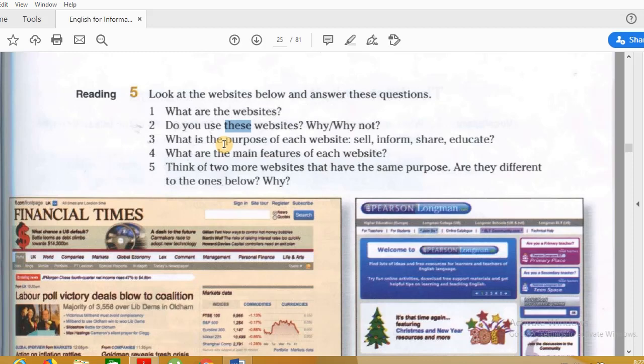Sell, inform, share, educate. إيش الهدف من الويب سايتس هذه؟ هل هدفها إنها للتبيع أو للإعلام بمعلومات معينة، أو إنها تتشارك معلومات أو خدمات، أو إنها مواقع تعليمية؟ What are the main features of each website? إيش خصائص كل موقع؟ Think of two more websites that have the same purpose. Are they different to the ones below? فكر في two websites أو موقعين آخرين لهم نفس الهدف، وهل هم بيختلفوا عن المواقع المبينة أدناه؟